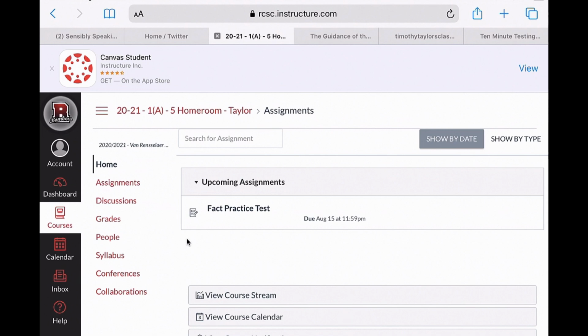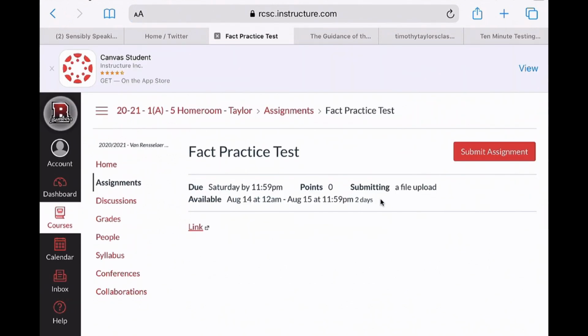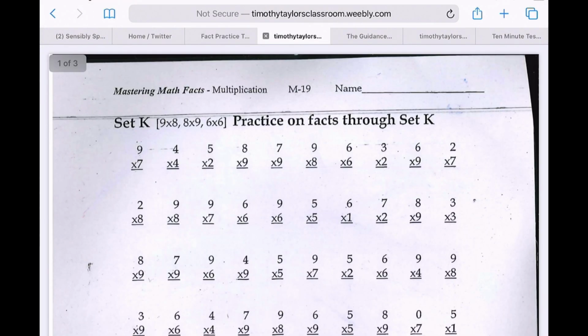If you have to click on an assignment in Canvas, notice there's upcoming assignments here, and you can just click on the link right here for the assignment, or you could actually just click assignments, and if you do that, it's going to bring up an assignment that you have. So I'm going to go ahead and click here now. Notice that it says Fact Practice Test, and then right here there's a link. So I'm going to click on that link, and when I do that, notice that here's the assignment